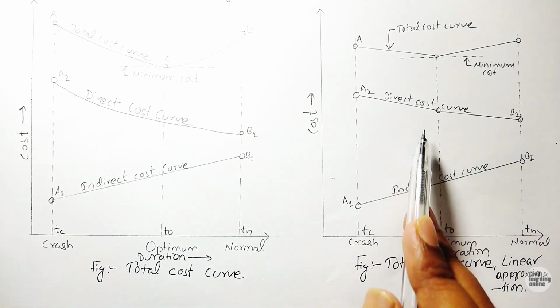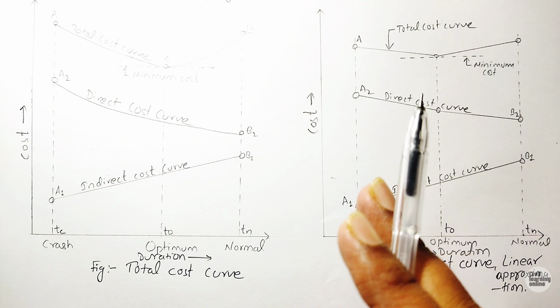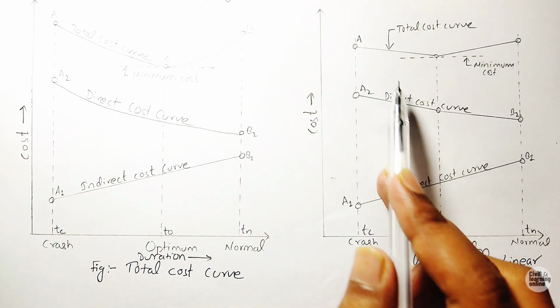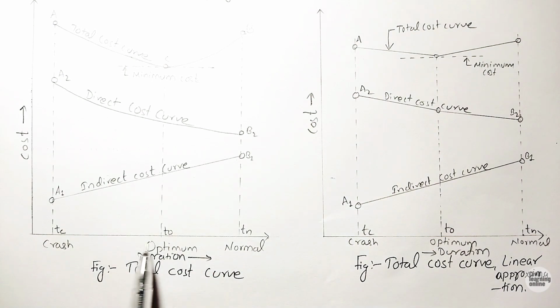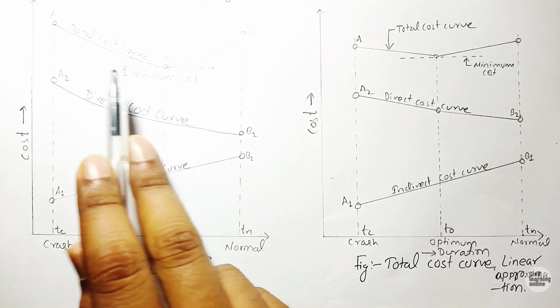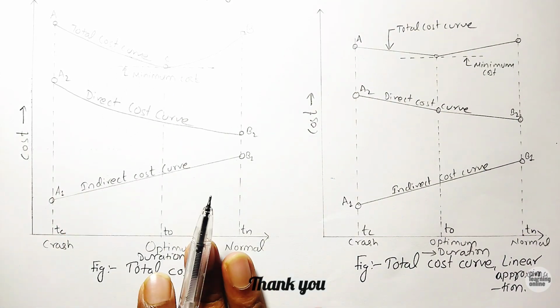Here it is shown. And when our total cost curve consists of two or more straight lines, then the direct cost will be of this form. And at some optimum duration we will have the minimum total cost, and it is clear from the diagram. Now